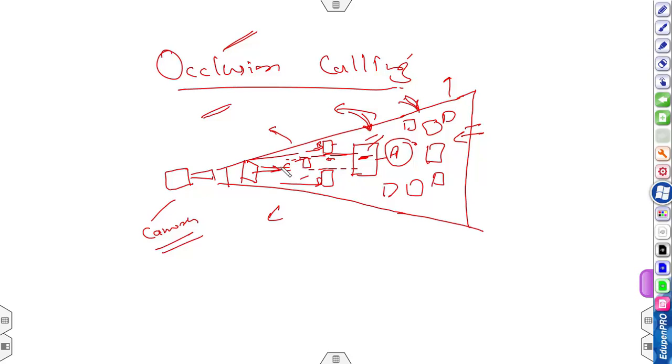We try to render only those objects which are in front of the near plane or image plane, and we try to find all the game objects which are occluded by some primary game objects. So that's it for this video, and in the next video we will see other concepts of the game engine.